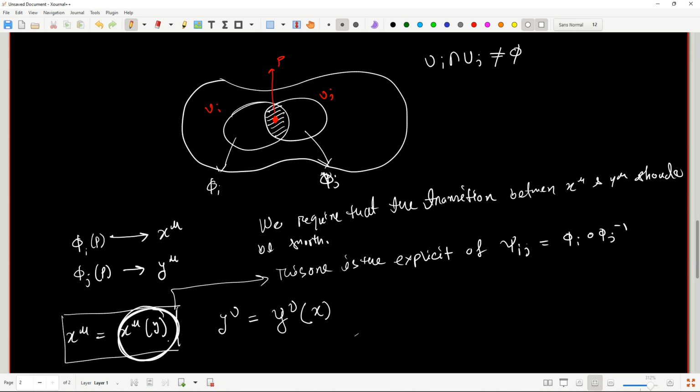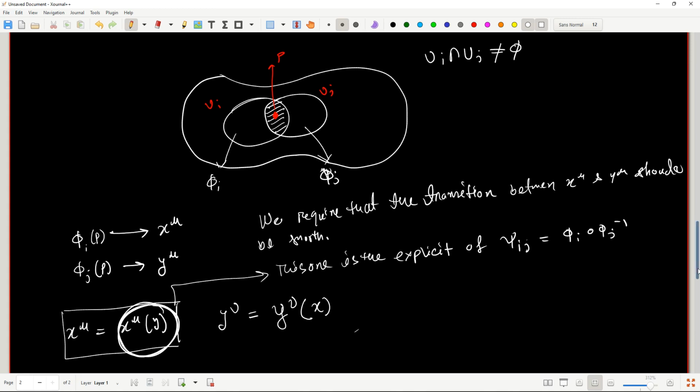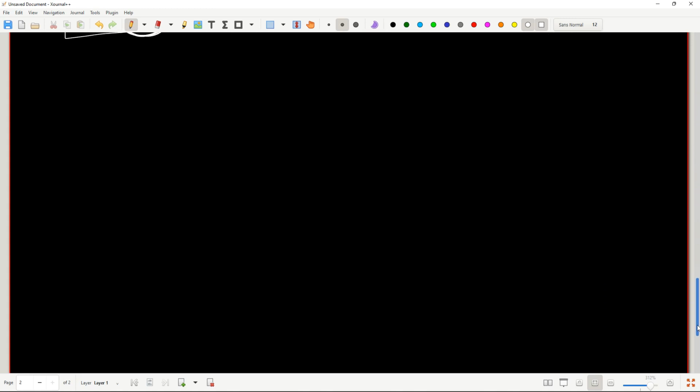Okay, now that we saw some definitions and we talked about some formal things, what we can do right now is jump into some examples of our manifold. So